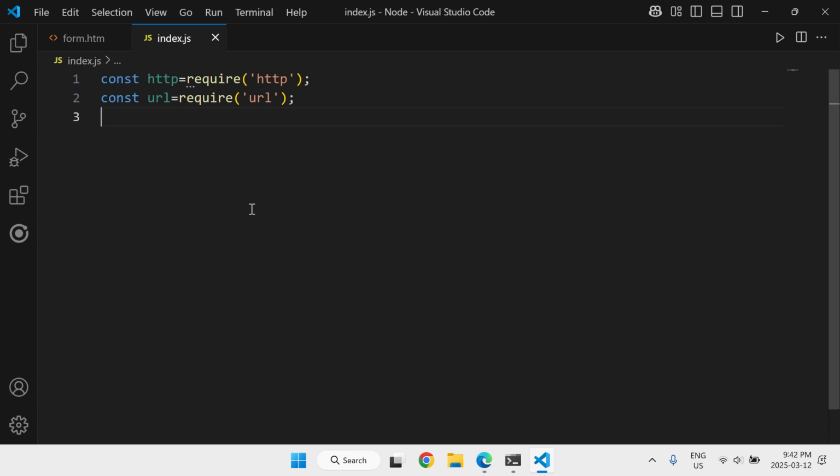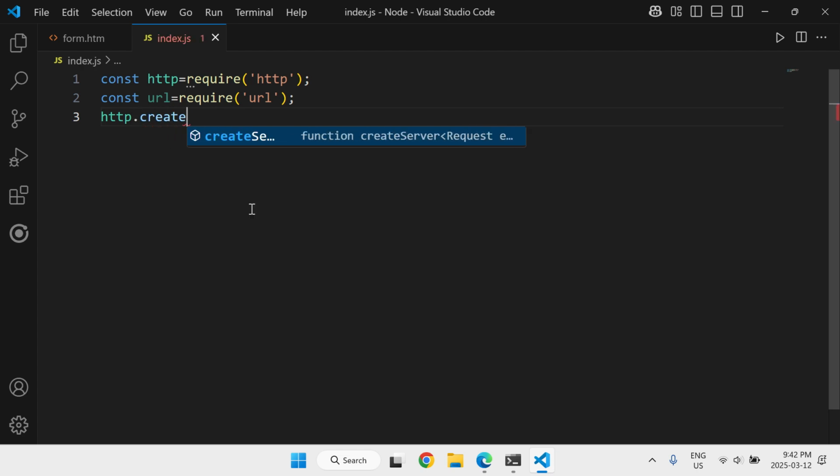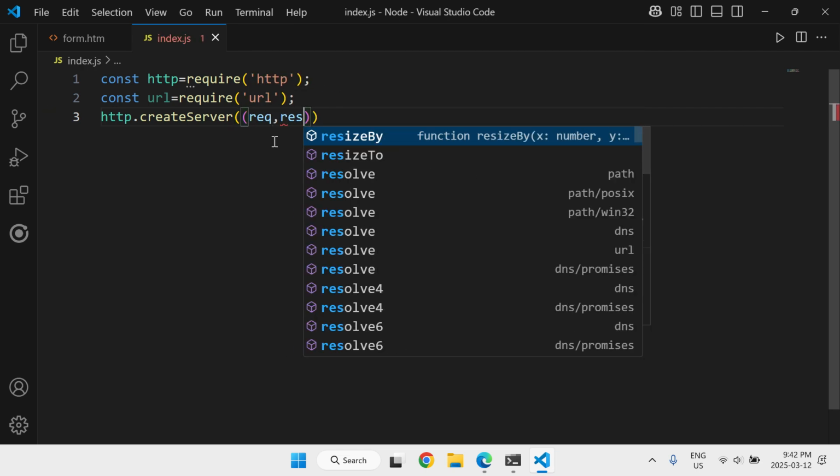Okay, now we want to create a server, so we are going to do http.createServer, and then we are going to say here request and response,